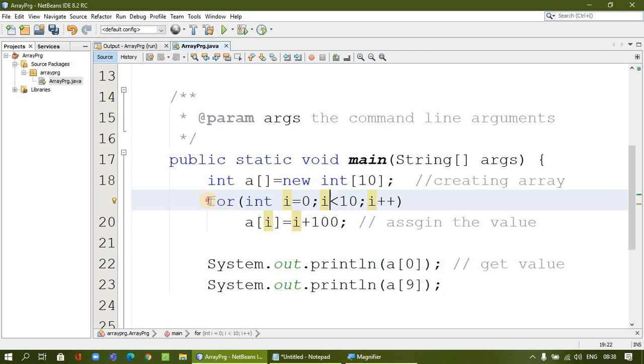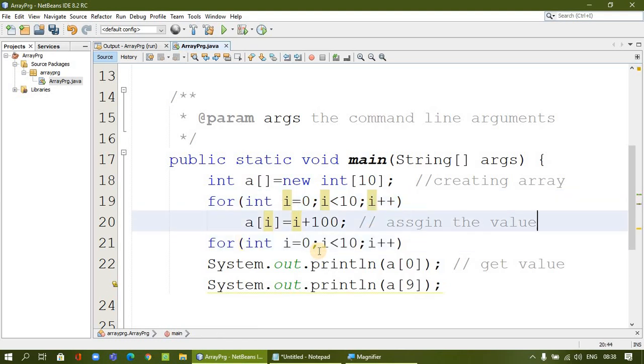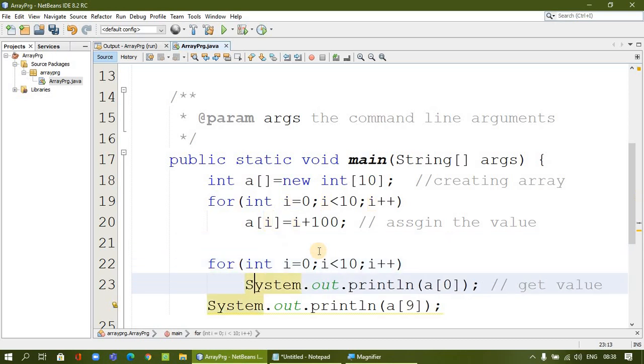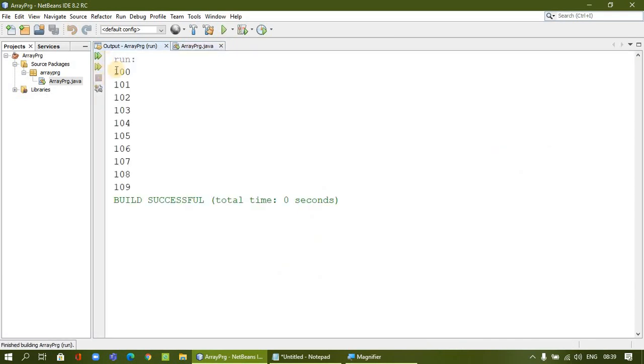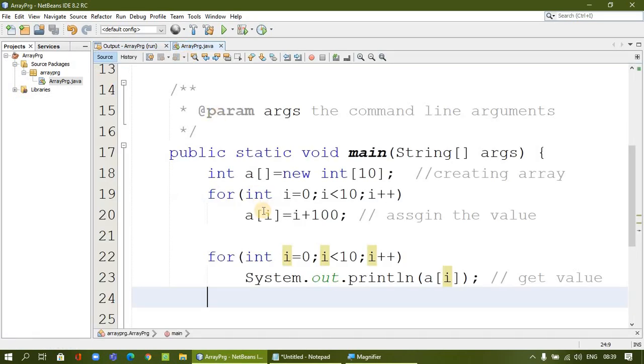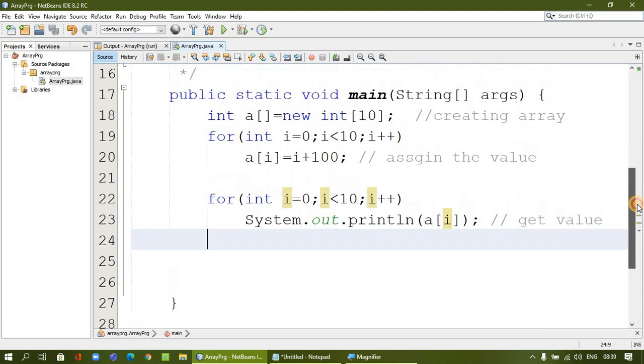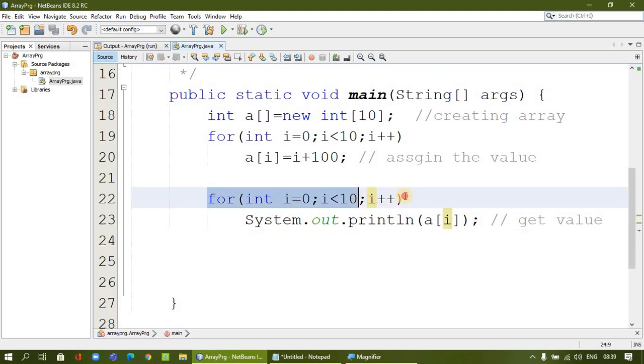Okay, the same way we can also use a loop to print the values. So we can call the loop for printing. This is another loop I am making for printing, in which we use the I variable to index the array and print the value. Okay, I'm going to execute. So whatever value is assigned will be printed, from 100 to 109. So using the loop, if you are going to have a huge amount of data, looping is the better way to assign and deal with the array. Okay. So this is a way that we assign and manage our values. If we have a huge amount, looping is better.